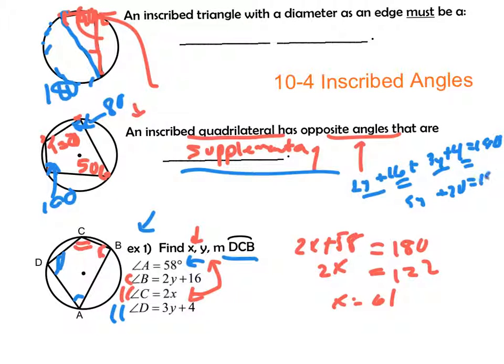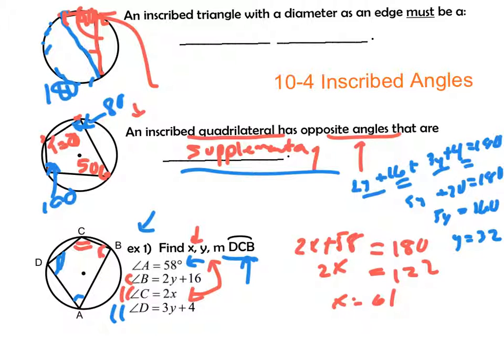That equals 180. And then I subtract 20, I get 160 equals 5y. And then 160 divided by 5 gives me 32. Y equals 32. And then if I wanted to measure of arc